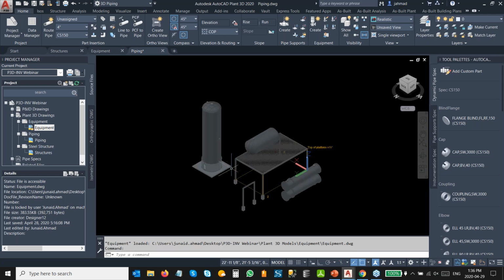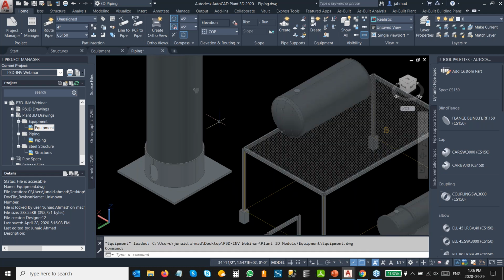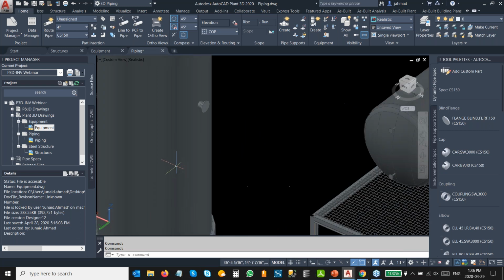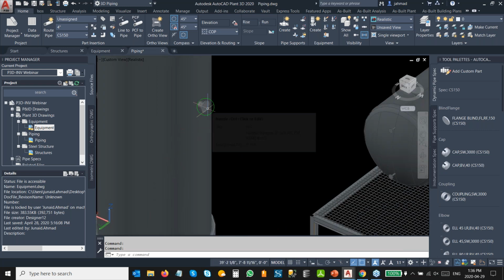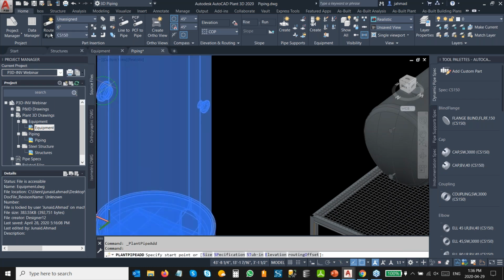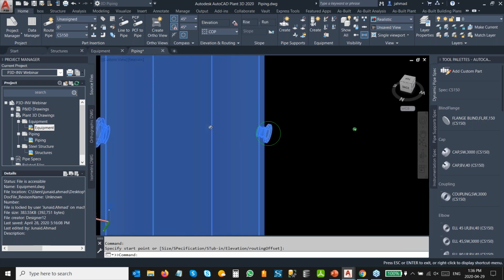Now that both of these drawings have been attached as XREFs, I'm going to draw a quick pipe run connecting the vertical tank to the horizontal vessel. So I'm going to start from this nozzle. The size of the nozzle is 6 inches. So I'm going to adjust the size from the drop-down list, click on the route pipe tool, and I'm going to snap to the node of this nozzle